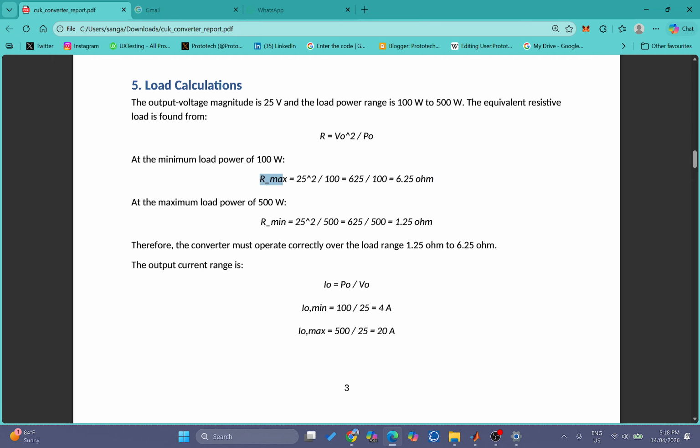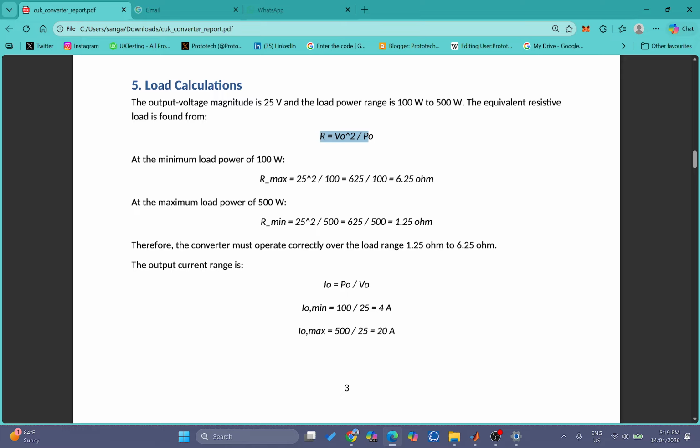Therefore we will convert to resistance using this formula. Resistance is equal to V square divided by power, and for 100 watt power, if we give a minimum of 25 volt, then the resistance load should be 6.25 ohm,